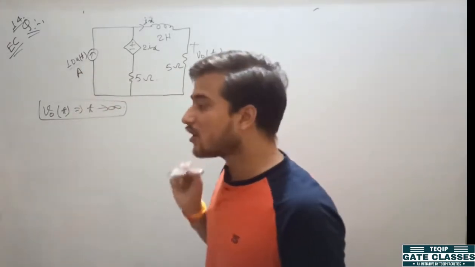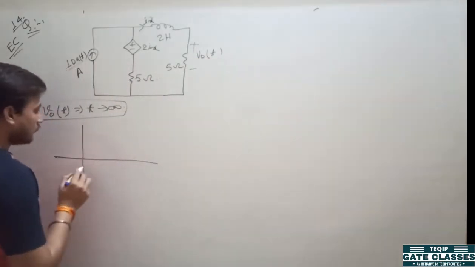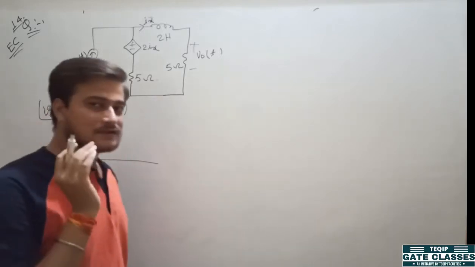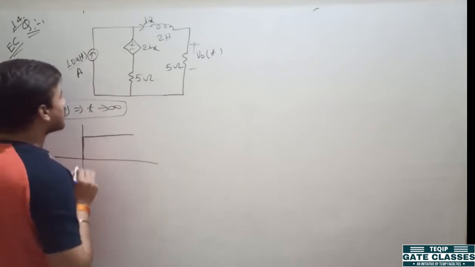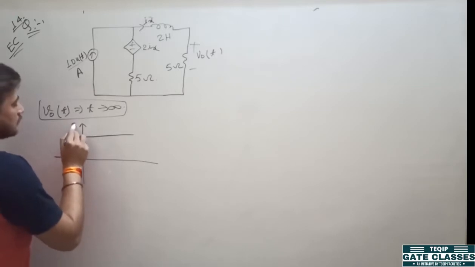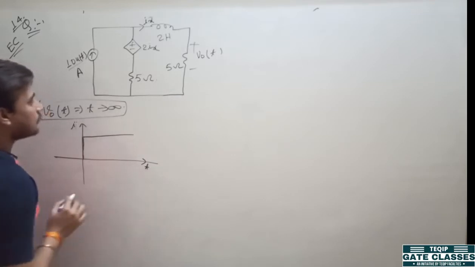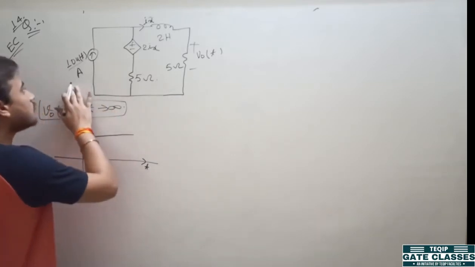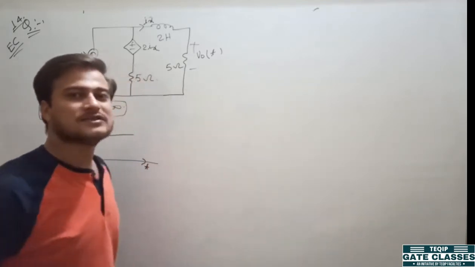So what is the meaning of 10 into ut? If you plot the graph, ut is equal to 0 for time t less than 0, and it is equal to 1 for time t greater than 0. So here the graph of current is like this one. This is the graph of current versus time. That means if the switch is not given to you, but they have written 10 into ut, you can understand that before t equal to 0, the supply was off.